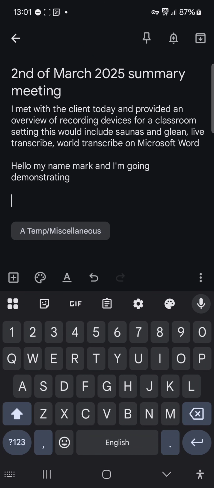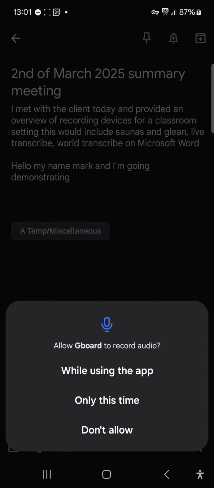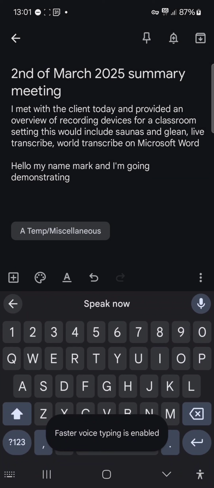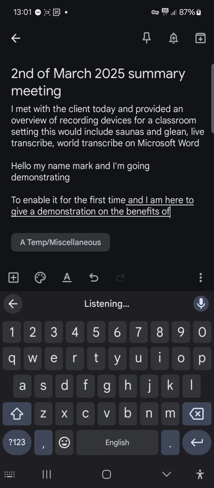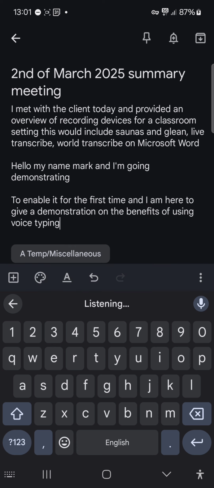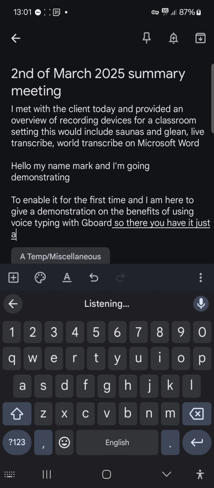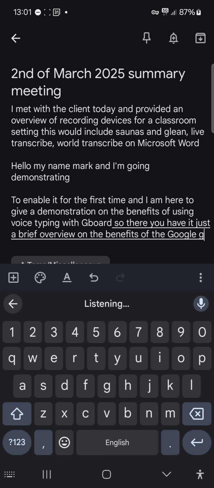So again, this is the first time I've used it. When you see this, you have to enable it for the first time. And I am here to give a demonstration on the benefits of using voice typing with Gboard. So there you have it, just a brief overview on the benefits of the Google Gboard,